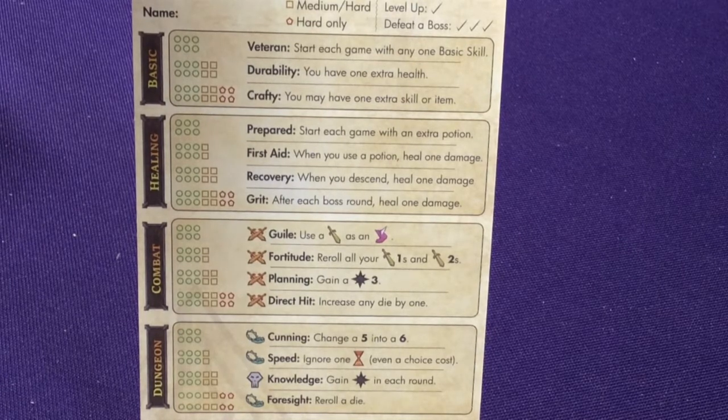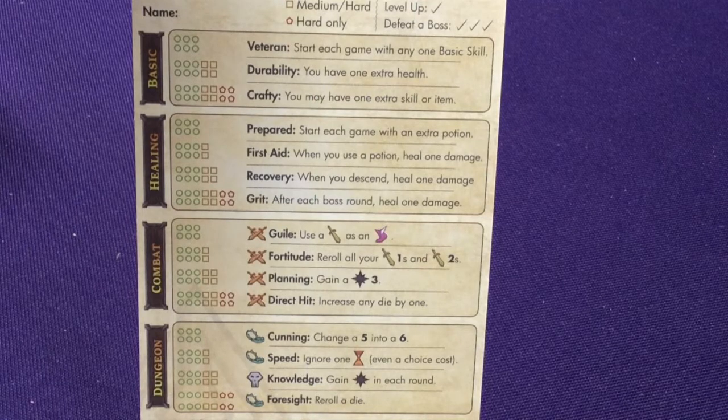Combat, guile, use a sword as an agility. Fortitude, reroll your 1s and 2s on swords. Planning, gain 3 heroic dice, or a 3 heroic die. And then direct hit, increase any die by 1. Or dungeon,